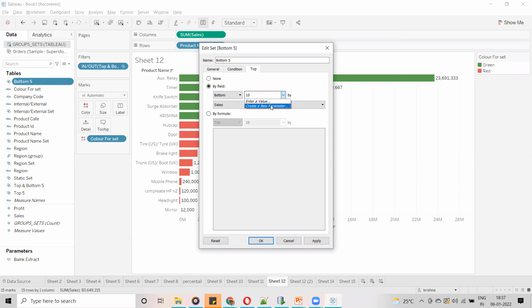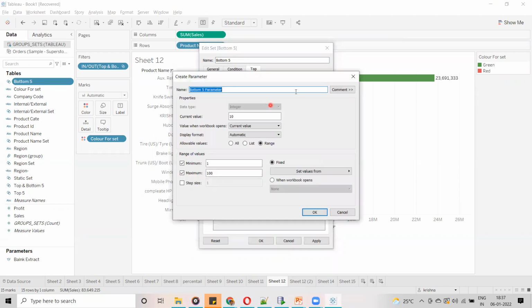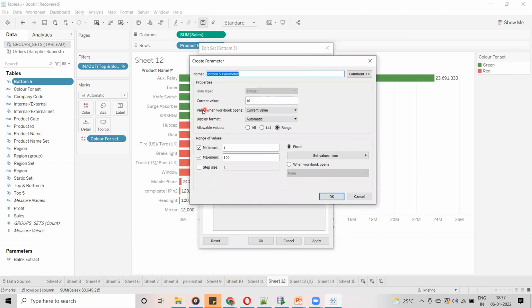If you click on it, it opens a window. You can see here the current value is 10, and the allowable values range is minimum 1 and maximum 100. That means the end user can enter any number between 1 and 100. This is one way to create it.